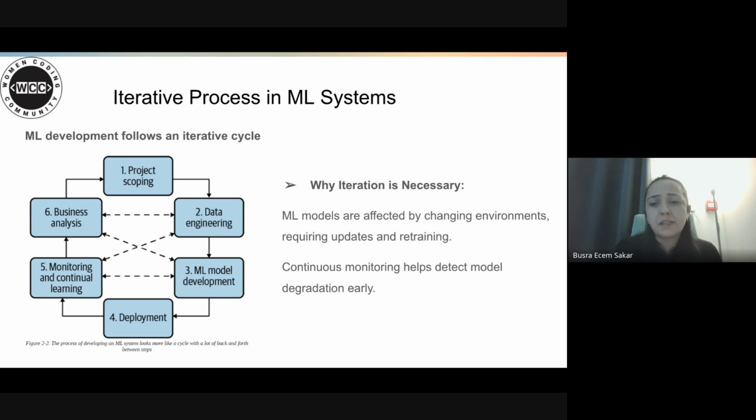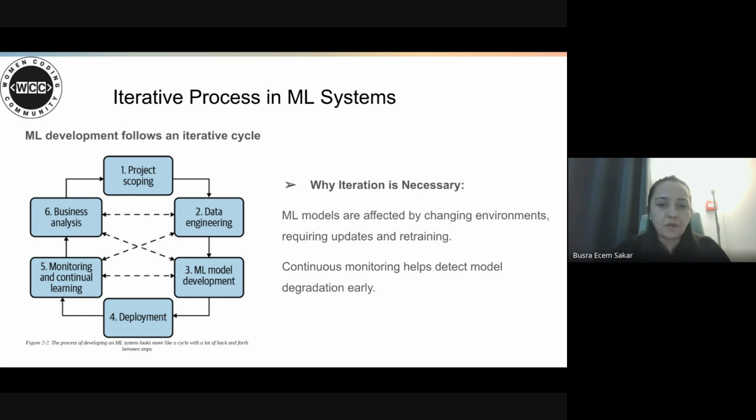For example, a sentiment analysis model classifies customer feedback. The fourth one is deployment. We integrate our model into production via APIs or cloud services, and we ensure, again, scalability and real-time predictions.